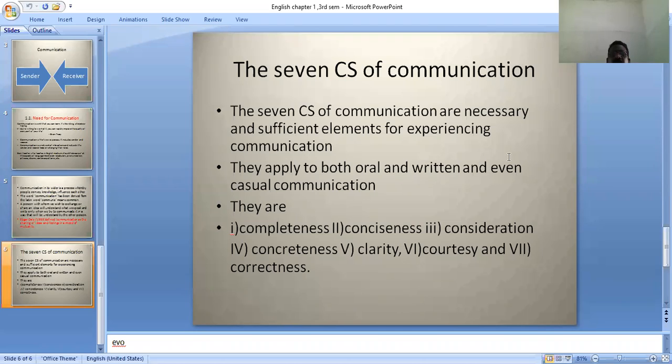Suppose anyone is speaking, suppose there is no clarity, you cannot hear. Suppose that sentence is not completed, you cannot get the complete idea. Should have completeness,